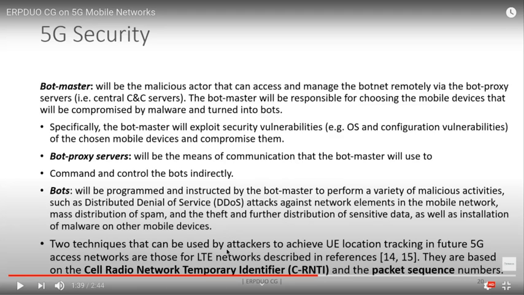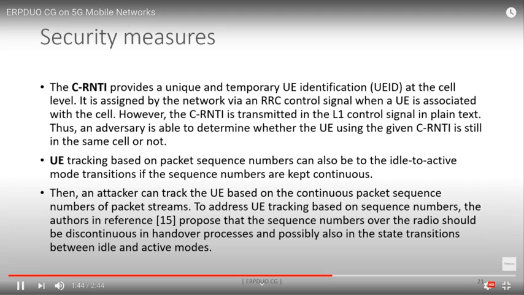So, two techniques that can be used by attackers to achieve UE location tracking in future 5G access networks are those for LTE networks described in reference, and they're based on the Cell Radio Network Temporary Identifier, C-RNTI, and the packet sequence number. And before explaining C-RNTI,